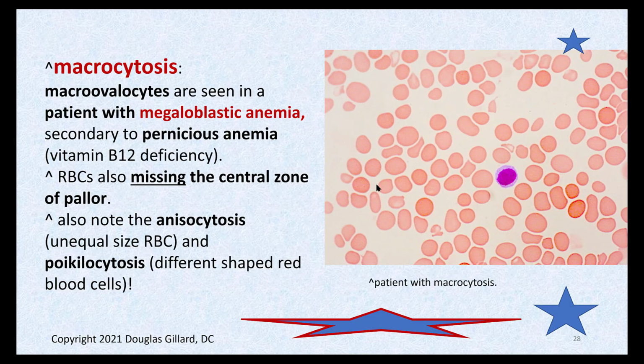So now let's look at someone with pernicious anemia. Or I could say, let's look at someone with megaloblastic anemia. Or I could say, let's look at someone with macrocytosis. Remember, you got to know those three kind of AKAs. But let's look at someone with pernicious anemia. There is a lymphocyte, and look at these gigantic red blood cells here. Now this slide, they don't show the nucleus. I think I have one coming up later.